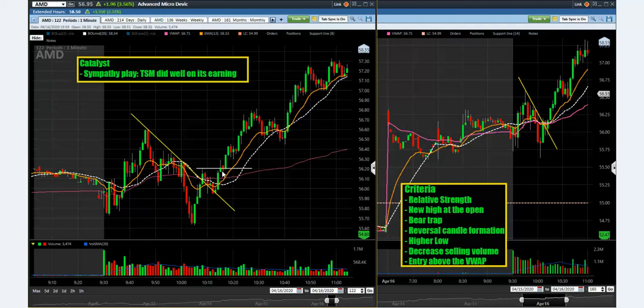The only thing I don't like about this trade is that this consolidation is a little bit short. It's like 1 minute, 2, 3, 4, 5, 6 minutes, about 6 minutes. I would prefer maybe 15 minutes or more, but sometimes you don't have the luxury. And the good thing about this is that there is a bear trap here, and I like that. So the short consolidation could be neglected in some way. And at this point, this is the entry